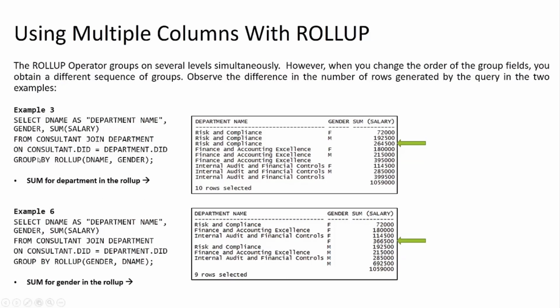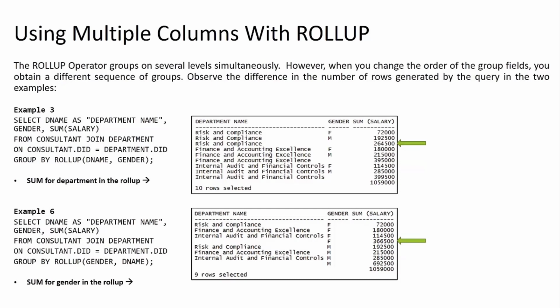So if we were to just group by department name and gender, we would get these first 2 tuples, right? And these 2 tuples that are female and male within finance and accounting, and these 2 that are female and male within internal audit and financial controls. But what the rollup gives us is the sum of salaries for this department regardless of gender, right? So rollup has added department regardless of gender, for each department, and the sum of salaries regardless of gender and regardless